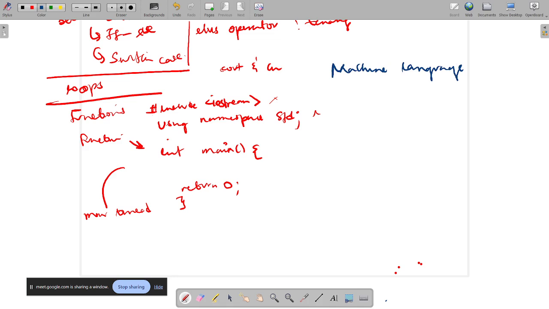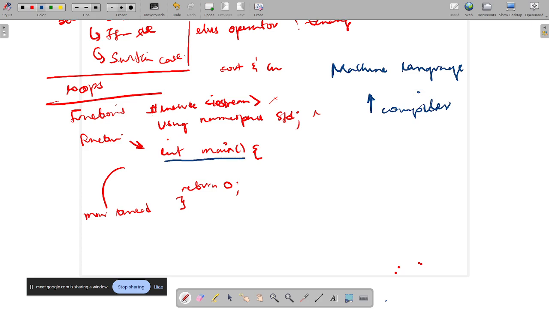What converts that machine language is something called a compiler. So in the compiler setting, it starts from an entrance point, and that entrance point is always a